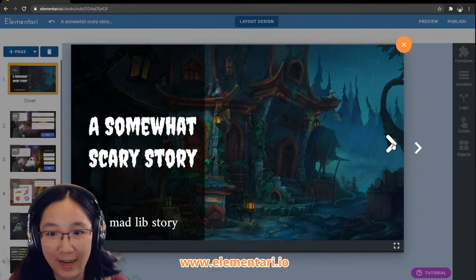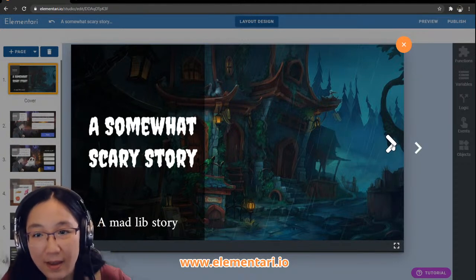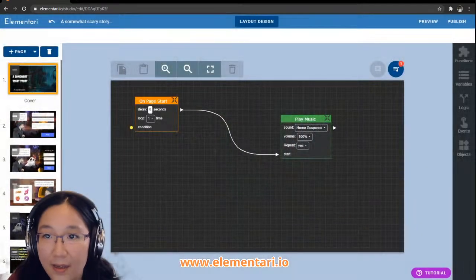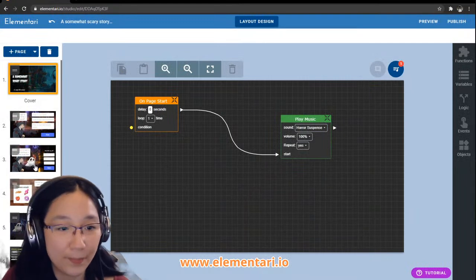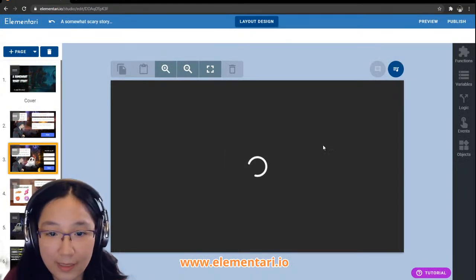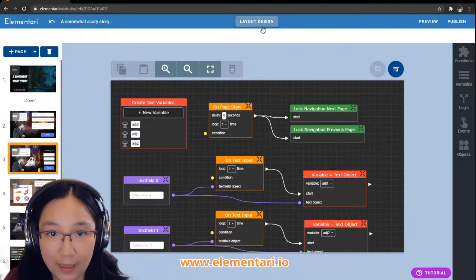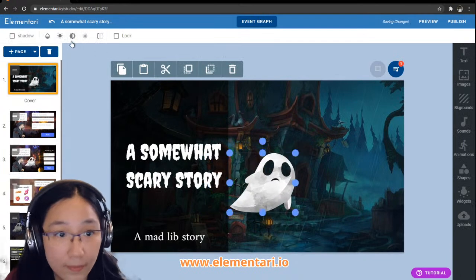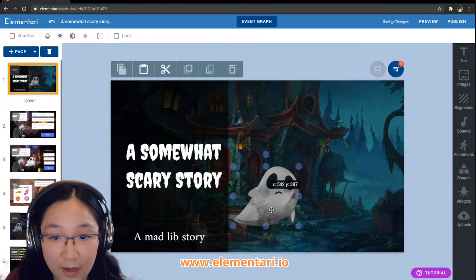Okay, it seems to be playing. Great. No, we can exit so we can continue. Give me my mouse back. All right, great. So let's add our ghost on the first page also. And let's see if we can maybe animate him a bit. How does that sound? Make him a bit darker.